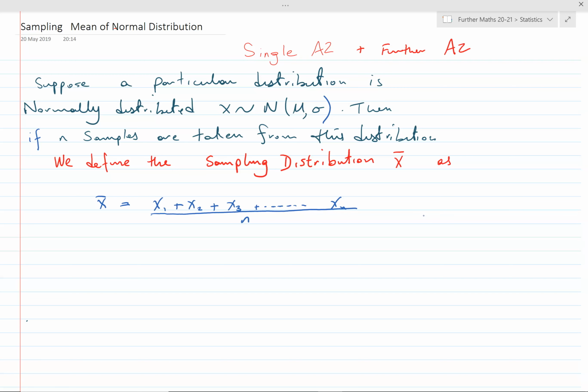But as you'll see, the standard deviation, what we actually call the standard error, is not the same. It's actually equal to sigma over the square root of n, and this is called the standard error, and that basically means that it is the standard deviation